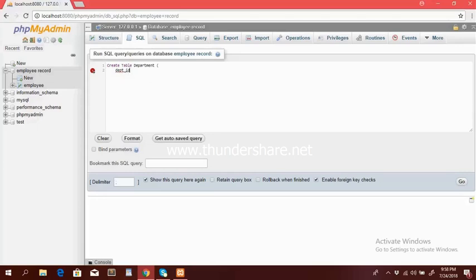It is going to be, let's say, varchar, and I'm going to define a length to it. It is not going to be null, and it is going to be,